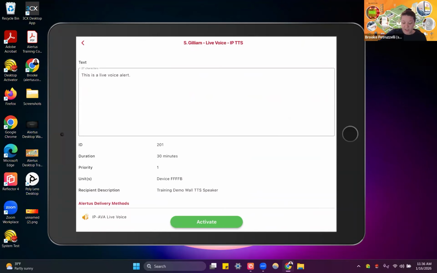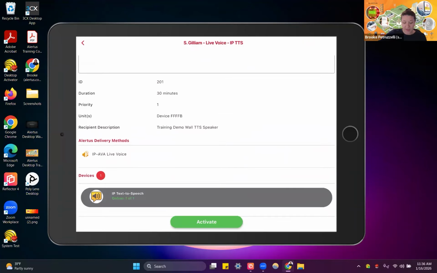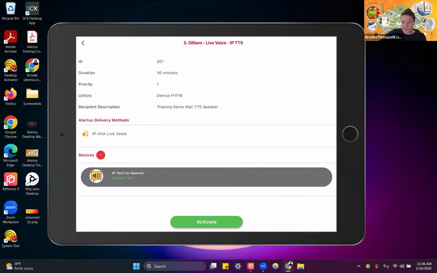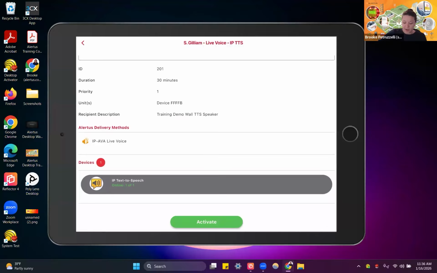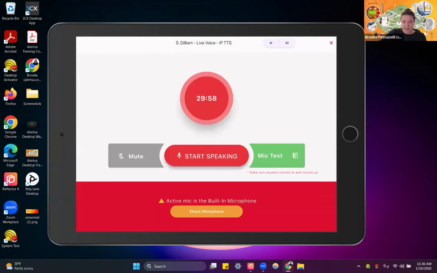So you can see the duration is 30 minutes, which we'll see pop up as well when I activate, and it's going to go directly to that IP text-to-speech speaker behind Sarah. So when I click activate, it will bring me to this page where I'll have the 30 minutes. It will also have that active alert notification sound, and I'm able to use those 30 minutes to send that live alert. Before I start speaking, if I want to do the mic test right here,